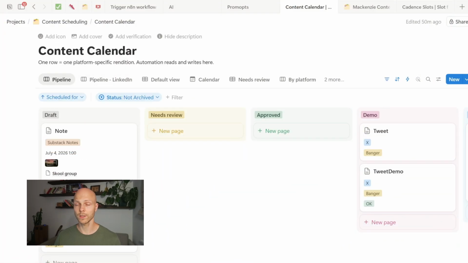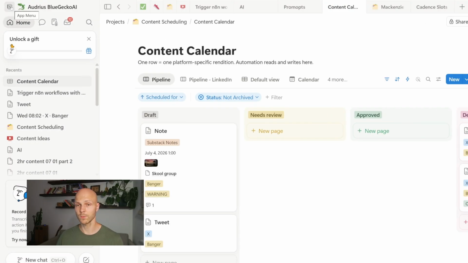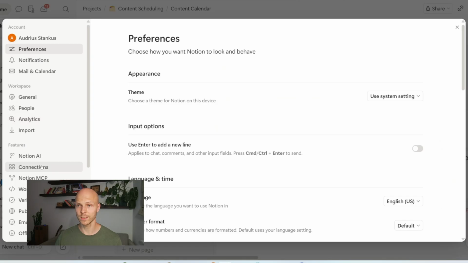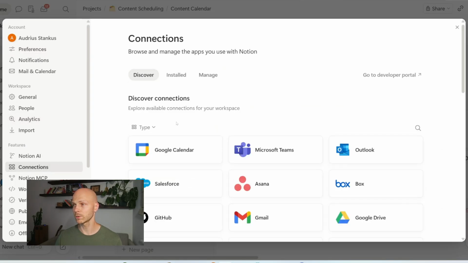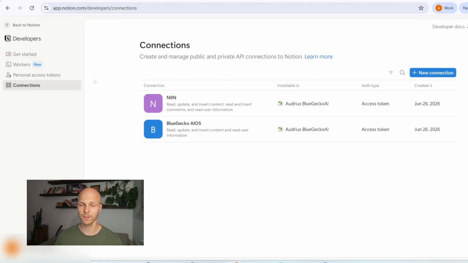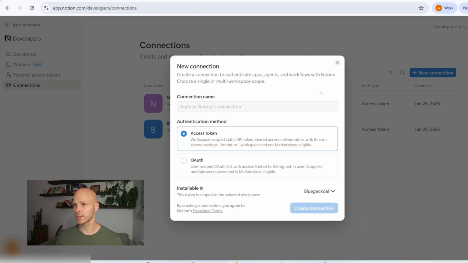To find your connections menu in Notion, you need to open your app, either desktop or web, find your workspace and click Settings. Then on the left, you need to find the Connections tab and click Go to Developer Portal to open the page. You have a short link for creating a connection here. You can also find it on the left, Connections tab. Click New Connection, give it a name. Access token is fine. You need to select the workspace, click Create Connection,